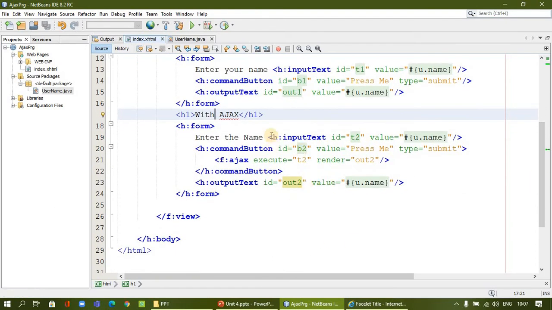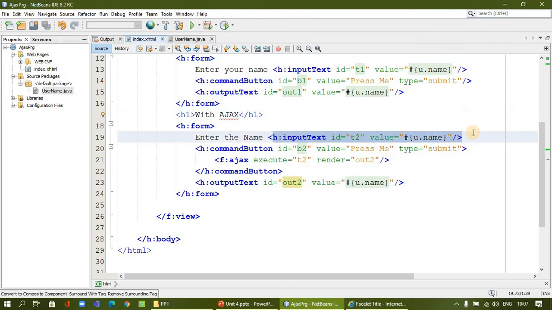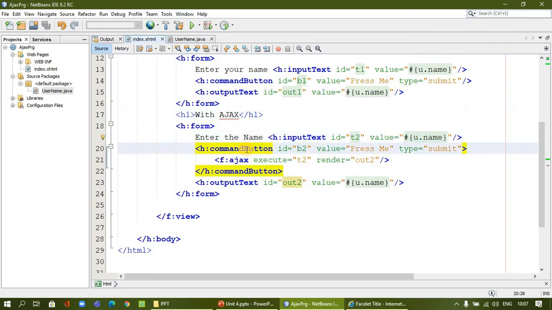So here, as previous, we are getting the input, but in the command button we have not closed the tag, we separated the closing tag. In the middle we added the child tag as Ajax. In the previous video you could have seen how Ajax works. The important attributes are execute and render. Execute means what is the input that you are giving.